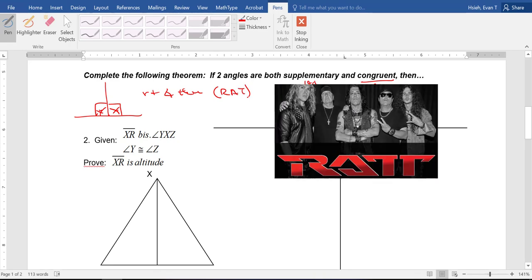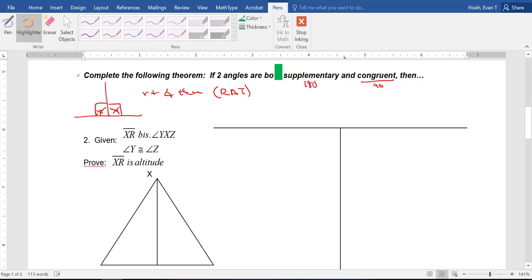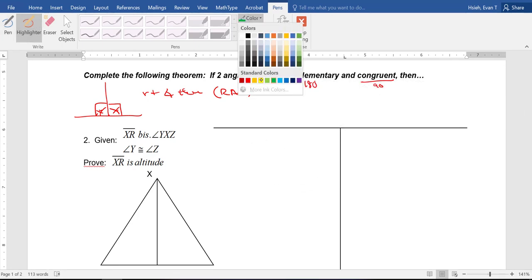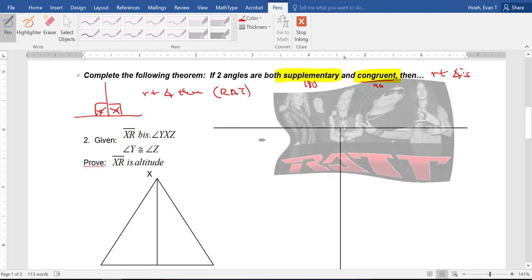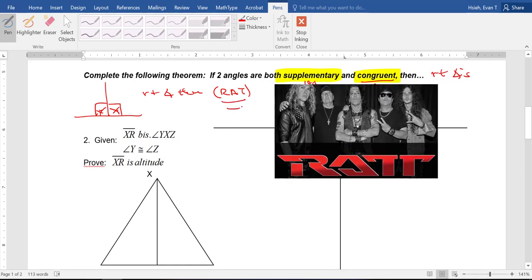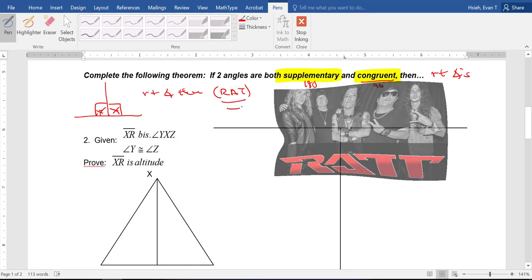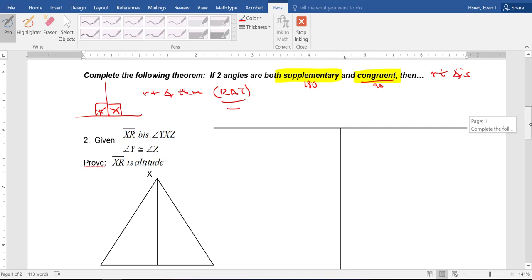So the condition is, if angles are supplementary and congruent, so those are the two conditions you need, then you know that they are right angles. And that's because of RAT. Okay, so let's try a proof here. The first proof we have here for